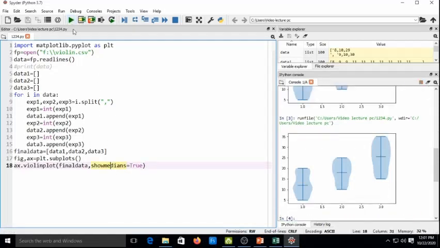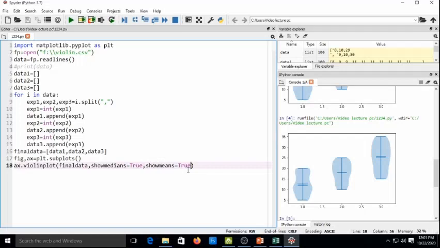You can see here this median line is generated. Similarly, if you write here showmeans equals to True, then you can see median and mean both lines are generated in the violin plot.